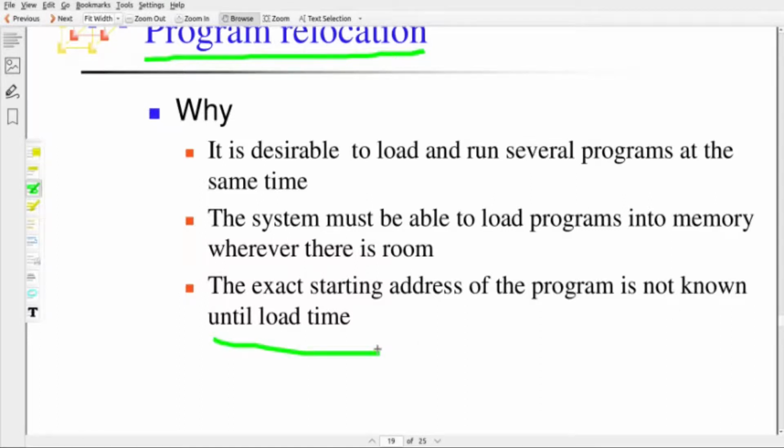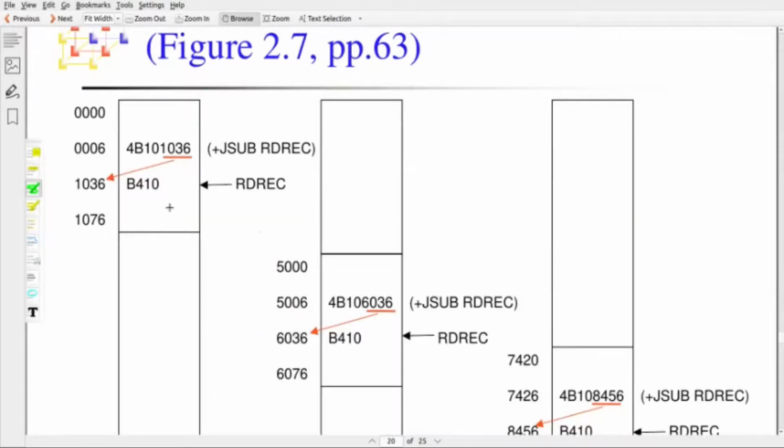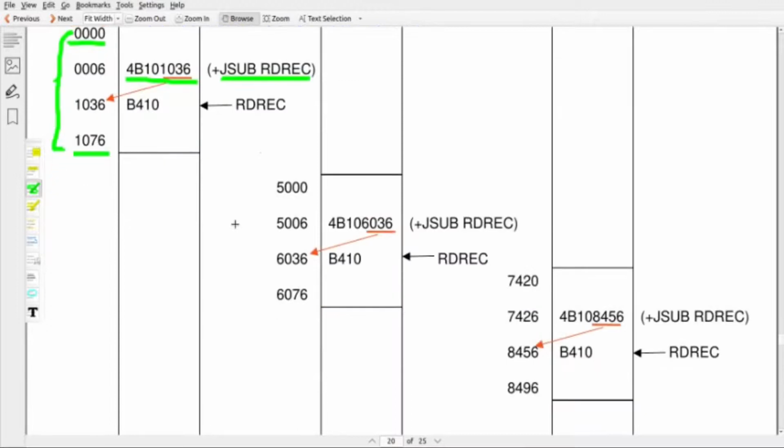So the assembler will create the object code, and the loader will load the object code into memory wherever room is available. For example, here we have an assembled program, and the object code is loaded into memory starting at 0000. Here we have an extended instruction format, a jump to subroutine RDREC, with this object code, and the program ends at 1076. While running one time, we can load the program into this memory location. Next time, if you run the same program, it may load into another memory location, starting at